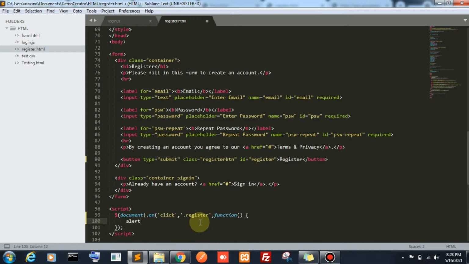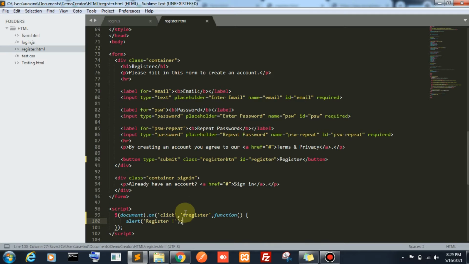Same thing, instead of the ready method I gave a click event. How will it work? Whenever we click that register ID, here we need the hash. The dot means class name; dot refers to class, hash refers to ID.